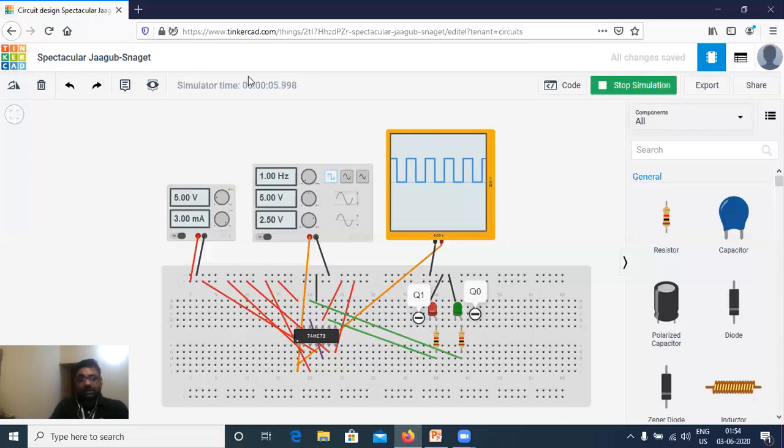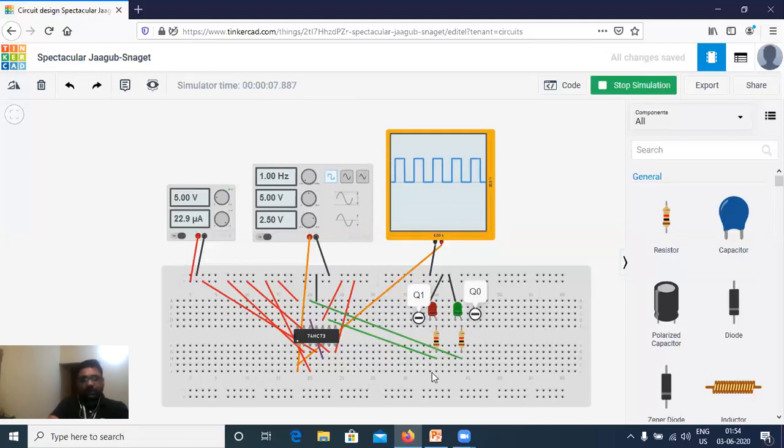As you can see, this time is not real time. We have done the simulation for so long, maybe around 1 minute, but it is showing only 6 seconds of simulation. So from this, you are getting an idea that it is not showing the real time, rather it is lagging.